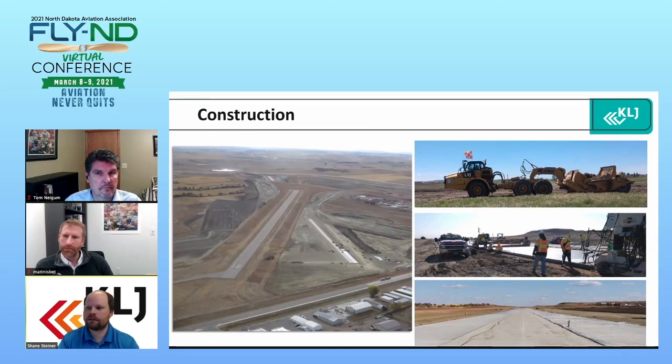Okay, and then where we're sitting at today. So the left-hand picture was taken in September of 2020. So essentially that's where everything was pretty much buttoned up, and the contractor finished on time. So that's something that usually doesn't happen on our airport projects, is contractors finishing on time. So the paving was completed on both ends, as you can see there, and a lot of the grading was